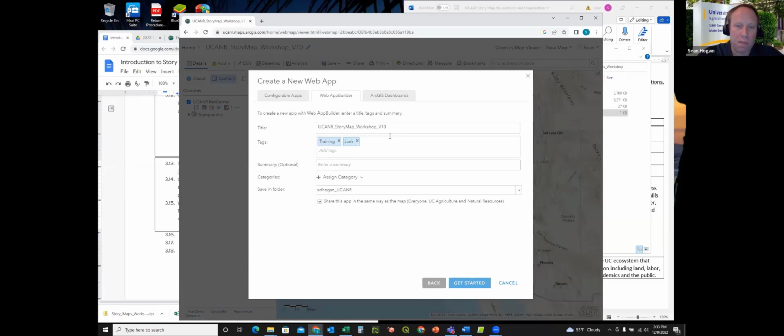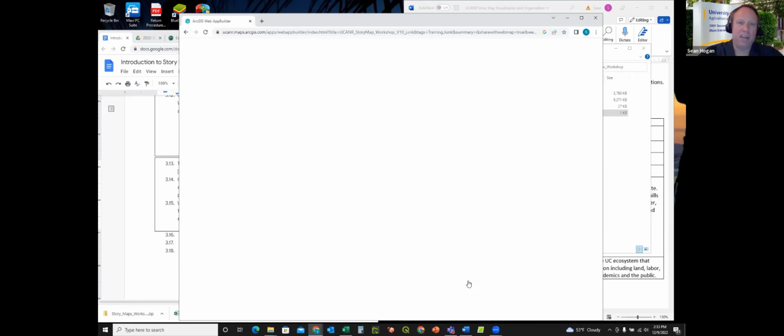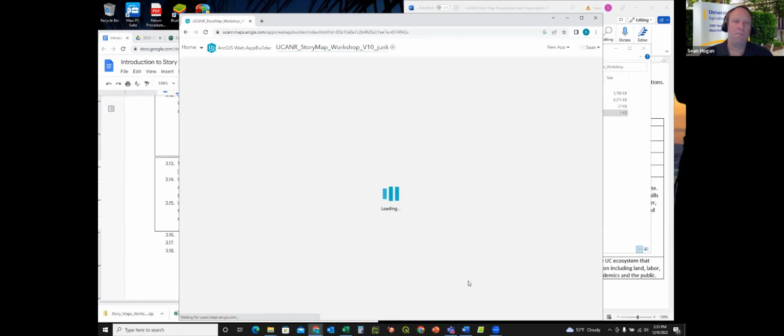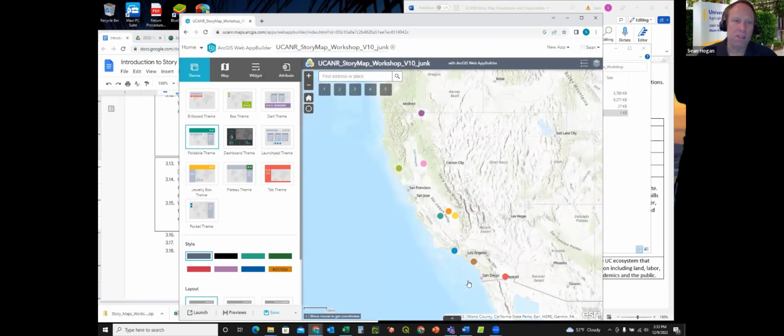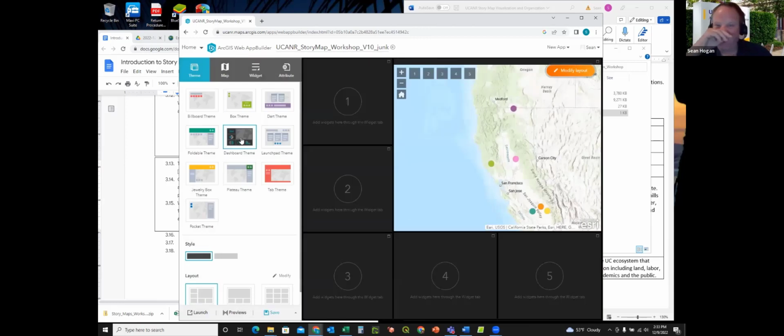So I bring up the web app builder. I'm going to just add junk at the end, just as a reminder, this is trash and it doesn't convolute anything else. And I'm going to get started, and it'll come up here and give me some different options that are available, including dashboard themes, which is a different sort of theme that we could do. The only reason I'm really bringing this up right now is because once you create a web mapping